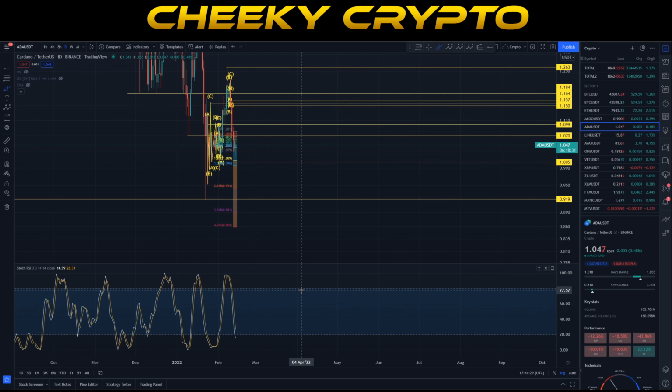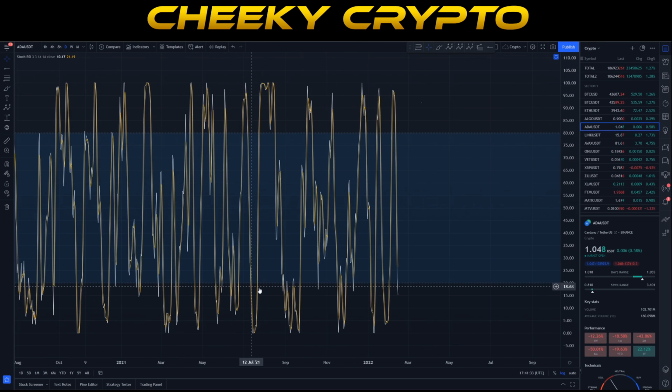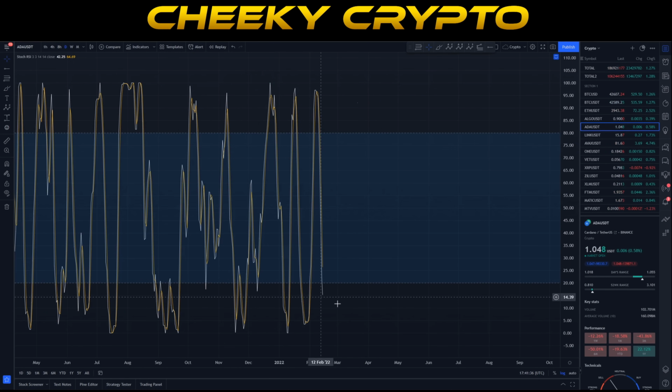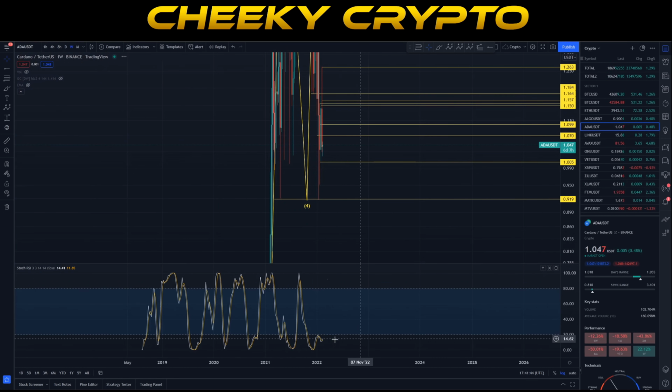Let me actually just get rid of that for a second and load this up. So this basically puts us into a really good spot, allowing us to see this correction. So a little bit further, and we should be firmly in the oversold on the daily chart. Now, as I come back out of this, and we jump up into our weekly chart, you get the same story, right? We're already oversold.